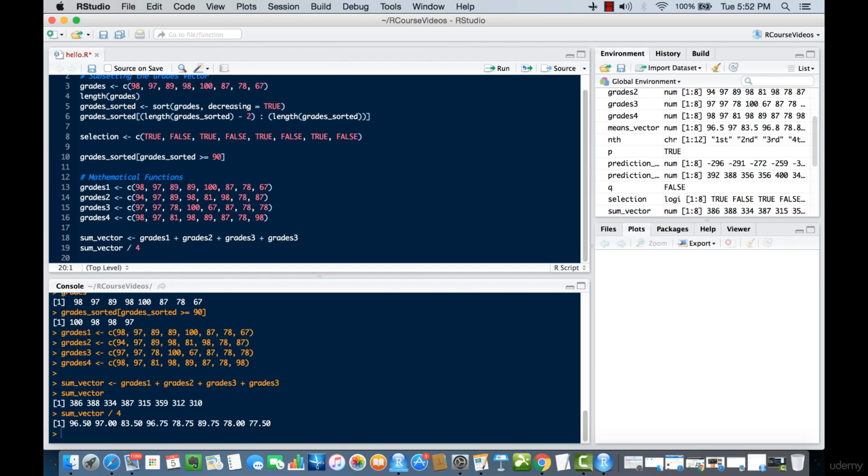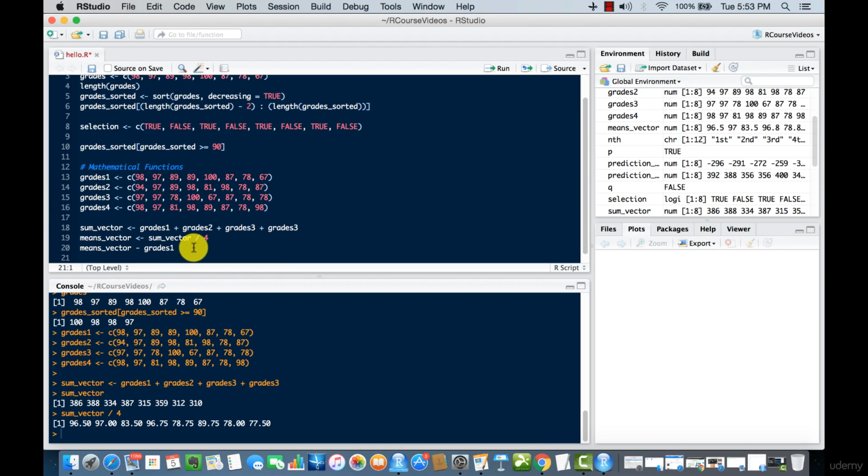Now to factor in the other variables as well, we can see how well the grades 1 predicts the overall average. So say we do 98, and then we're going to do a subtraction of that from the sum vector divided by 4. So basically what we have is we have some sort of a means vector here, and that means vector is assigned to sum vector. So we're going to do a subtraction of the grades 1 from the means vector. We'll do means underscore vector minus grades 1,